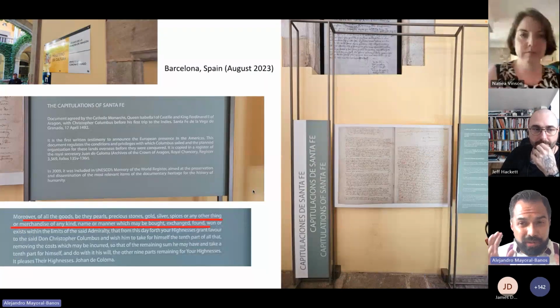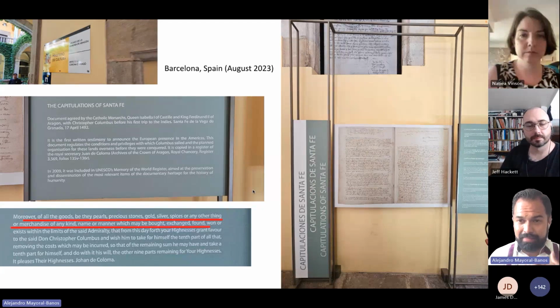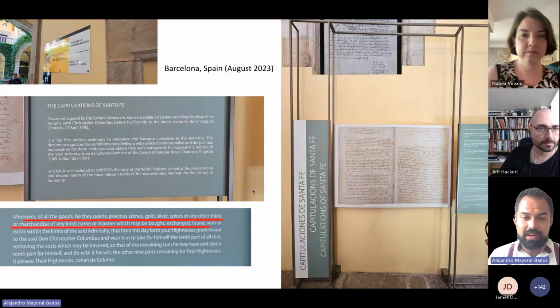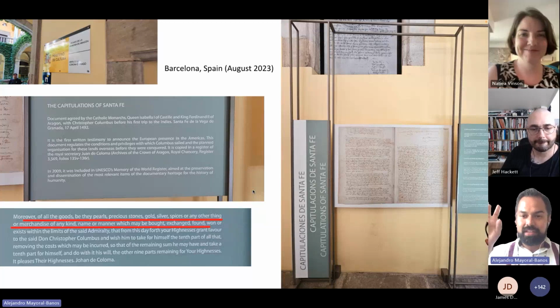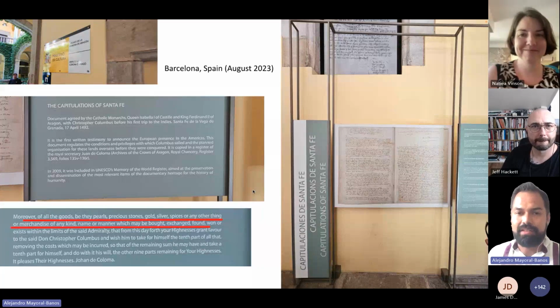I want to share with you a story, a very impactful story that happened to me not long ago. I had the privilege of traveling two weeks ago, and I landed in Barcelona, Spain. And in Barcelona, I was aware that I was going to be with all of you today. And I found this in the archives of Barcelona. This is the original contract of Christopher Columbus with the King and Queen of Spain to come to, quote, discover what is called the Americas. But I think it gives a little bit of perspective of what is going on with Indigenous data sovereignty.